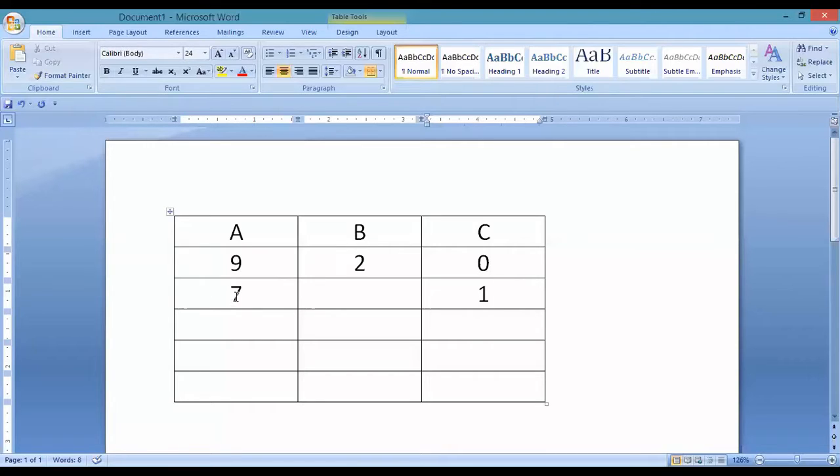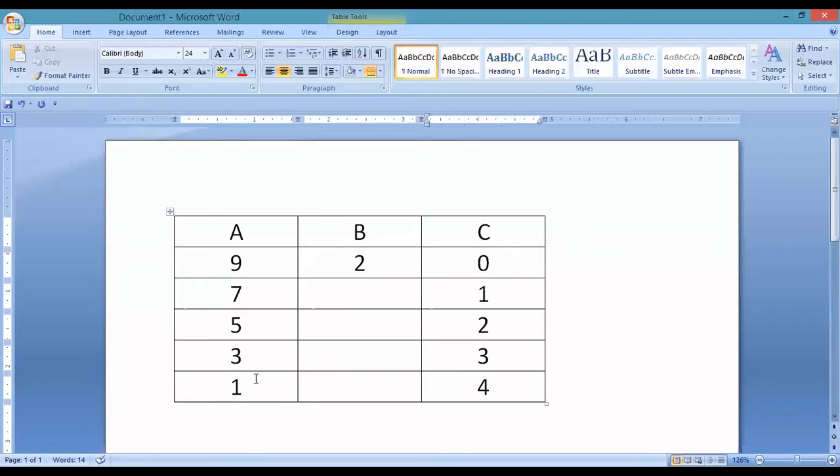Next we have 7 and 2. Now you check whether 7 is greater than B. Yes, so you have to subtract. You will get 5. Increment the C register. Next, 5 is greater than 2, so subtract. You will get 3. Now increment the C register. Now 3 minus 2, since 3 is greater than 2, subtract. You will get 1. Now increment C. Now you check, 1 is less than 2, so no need to go for the subtraction.